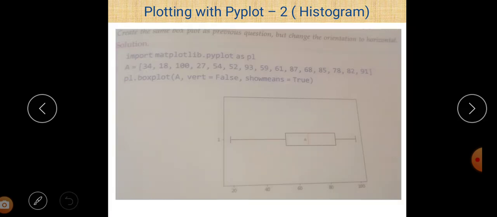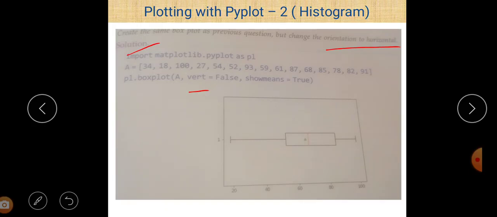That is another example here. In this example, we have to create a horizontal box plot. To create a horizontal box plot, there is a parameter VERT. By default, VERT is equal to true. It means the box plot will always be shown in the vertical direction.